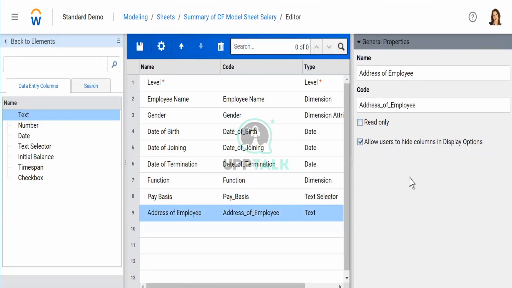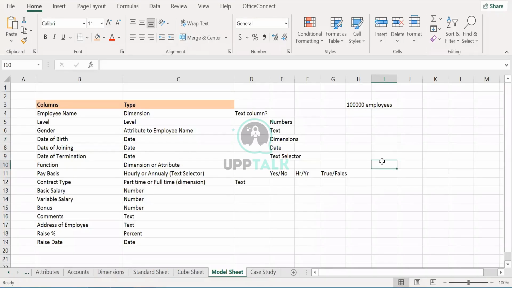Text is nothing but just a normal thing. You can enter a lot of alphabets. You just go there and type anything like a remark section. You can write an essay in there. There could be a character limit, I don't know, but it gives you the privilege to write anything.